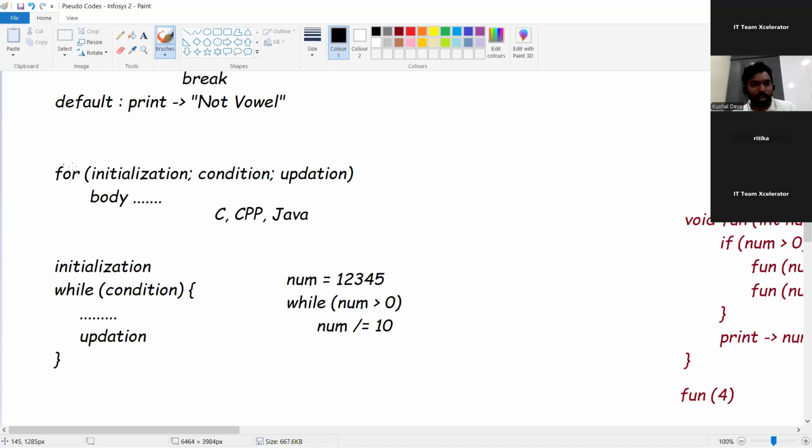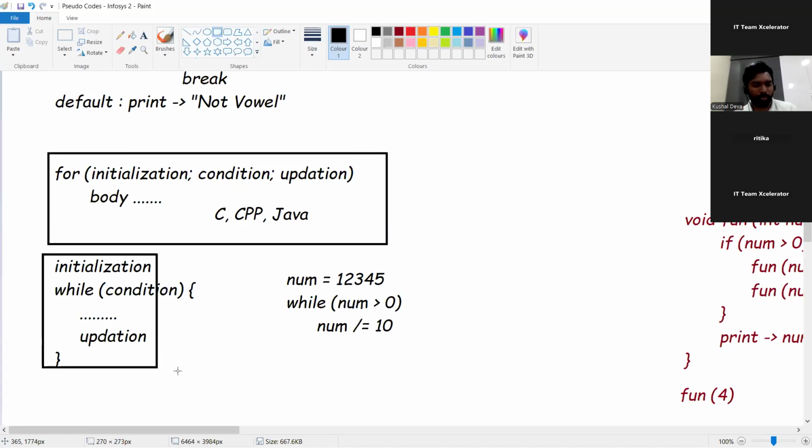Okay. So we have seen what are the different types of loops actually, for loop followed by while loop. So in C, C++, Java, whatever the things you are trying to perform on for, the same things you can also try to perform on while. Because you see here, for has initialization, condition, updation, body, and while also has the same thing. And also I've explained the difference between for and while in Python respectively. Okay, I guess you remember it, correct?